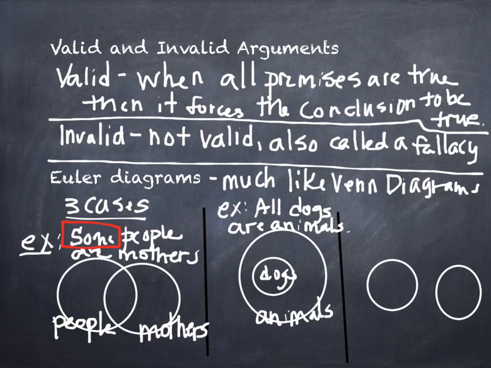The key word here that helps you know that this is the diagram to draw is the word all. When you see the word all, you got one circle going on inside of another circle. Okay? Any idea what the last one might be? None or no, yes. So here's an example of this one. We could have no